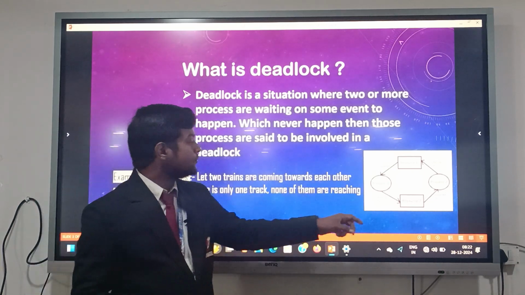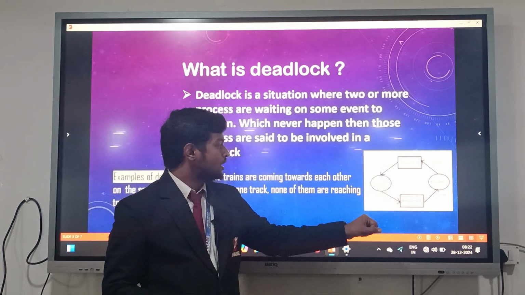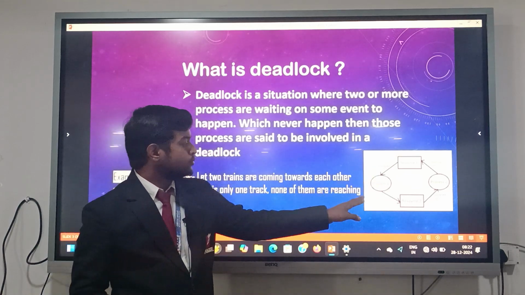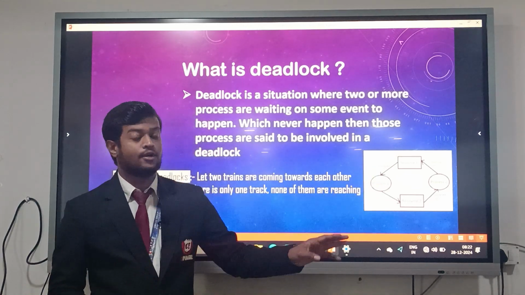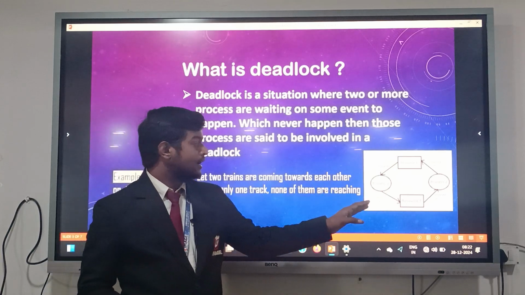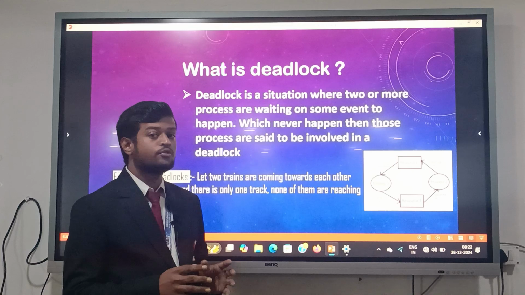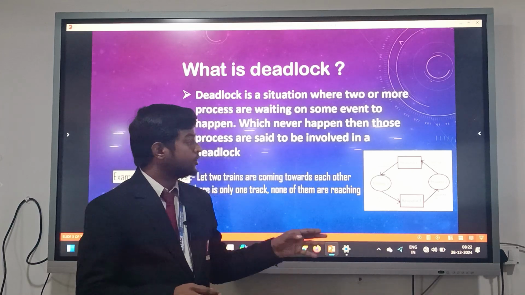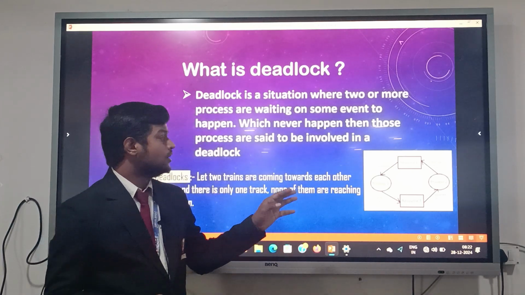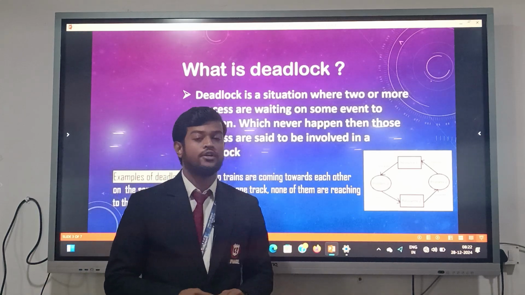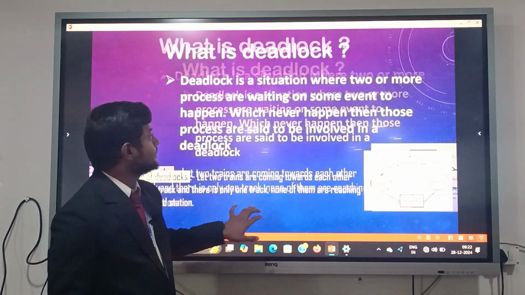As you see in this diagram, we have processes P1 and P2, and resources R1 and R2. Process P1 is requesting resource R2, and resource R2 is assigned to process P2, and process P2 is waiting for resource R1, and resource R1 is allotted to process P1. So in the next slide